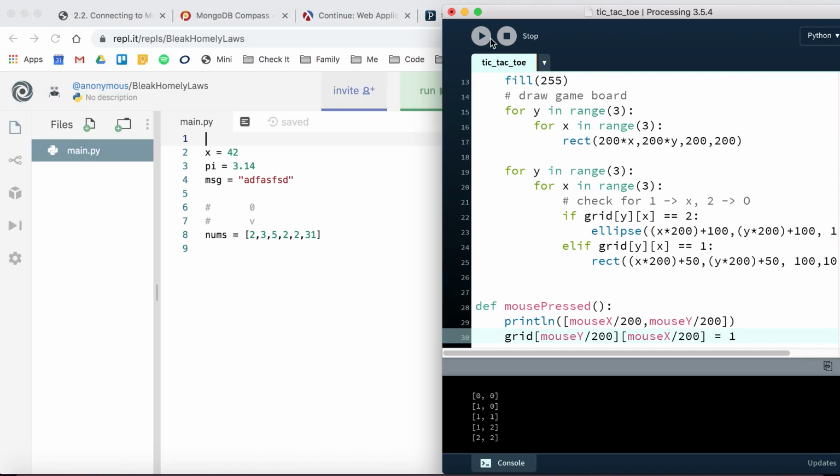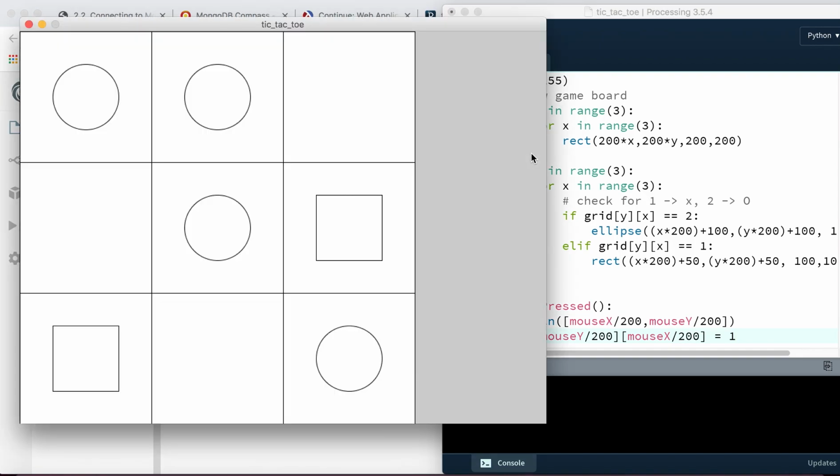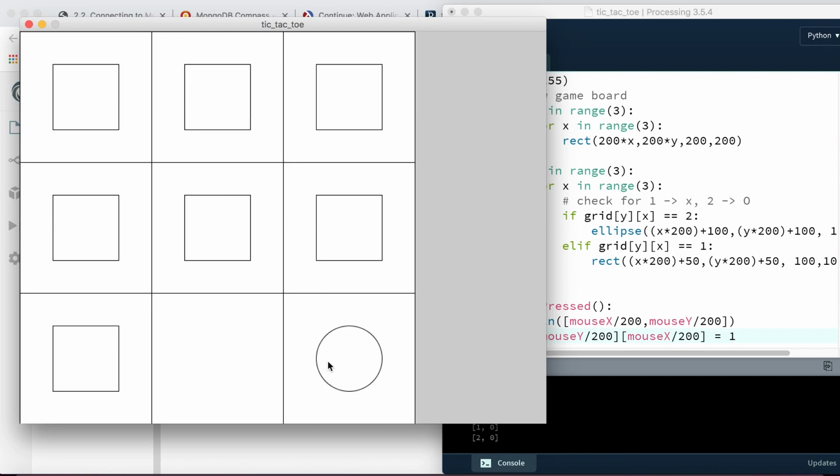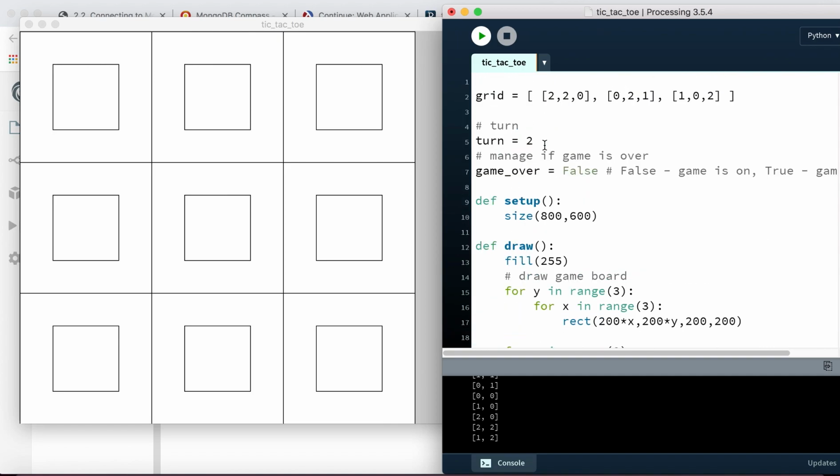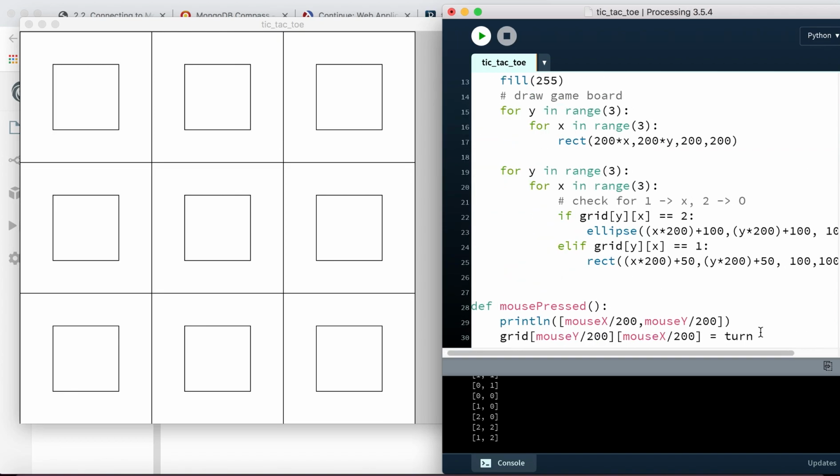Okay, so ones are rectangles, and you can see me clicking, and anything that isn't a rectangle is becoming a rectangle because I'm changing the grid at the proper index value, and I'm turning it to a value 1. We'd used a variable called turn before, and that turn variable, you can use to increment as